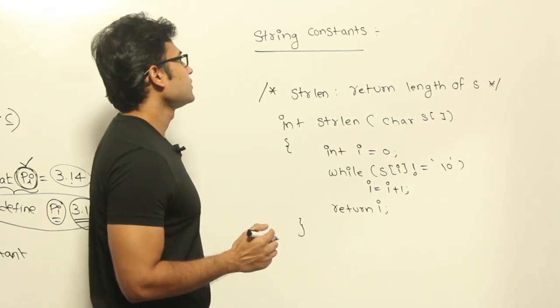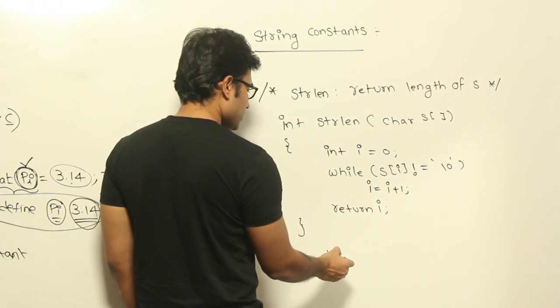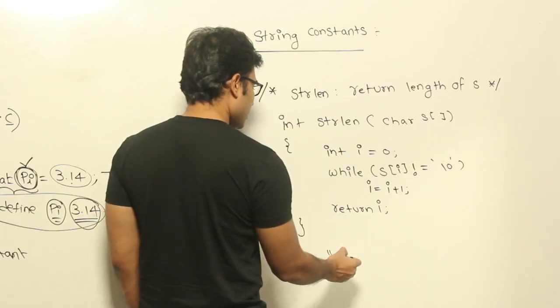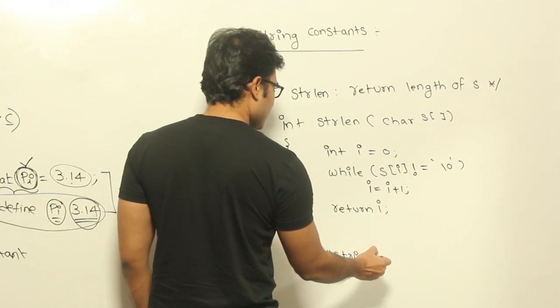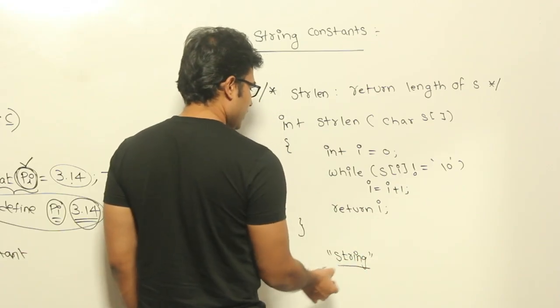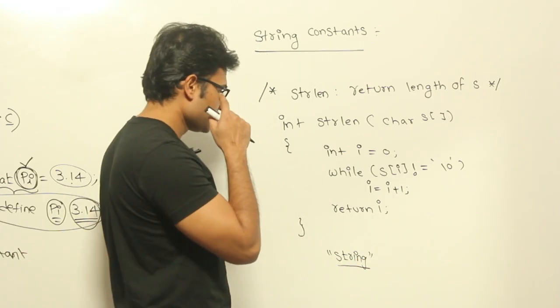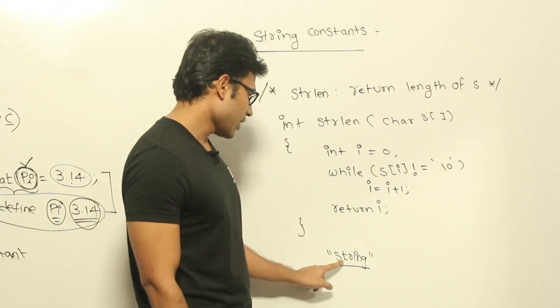Now let's look at string constants. Generally, string constants are represented using double quotes. Let us say I write a double-quoted string like this. Now this entire thing is a string constant, right? One thing you should observe here, or remember here, is that even though the number of characters here is